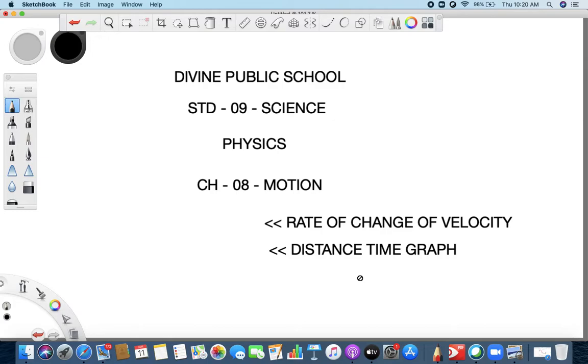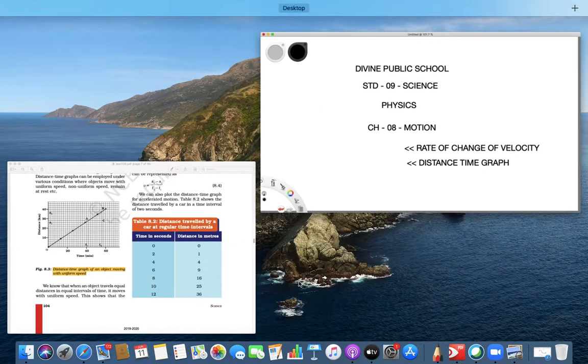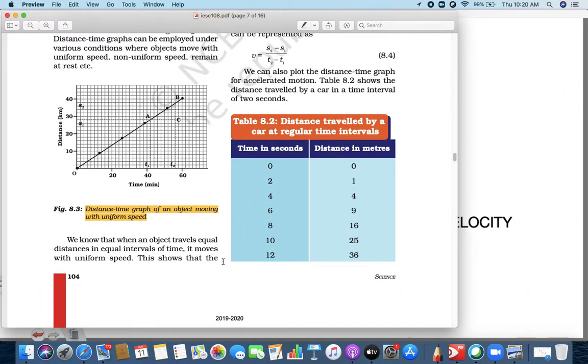We name it as acceleration, exactly. Acceleration can be in both ways, meaning the velocity can be changed by increasing the speed or by decreasing it. So it can be done in both ways, increasing or decreasing. Let me show you a little here.